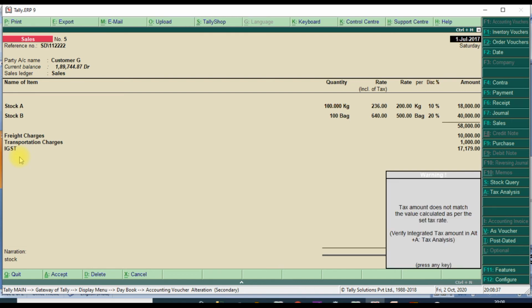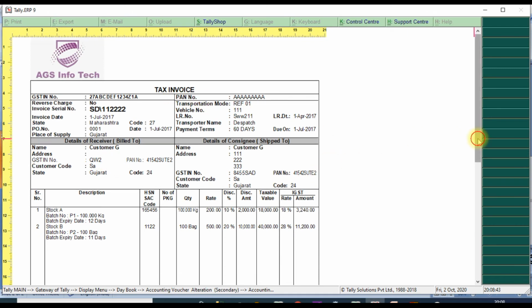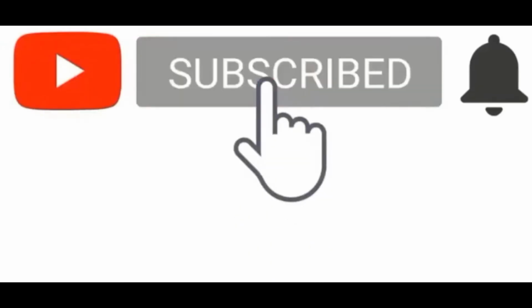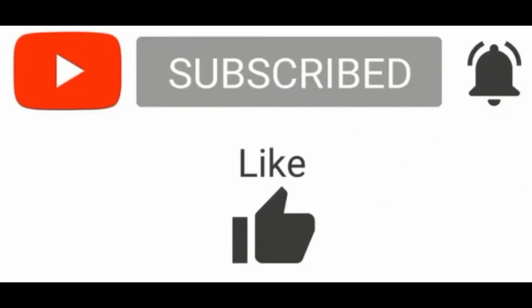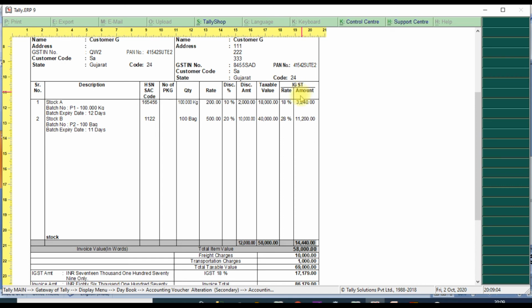The same thing we will print, and it will show only the IGST format, and it will show only the IGST column, and it will automatically increase the width of the item, and the same things: HSN code, number of packages, quantity, rate, description and discount amount, taxable value. Then finally IGST rate and calculation of IGST rate and amount.